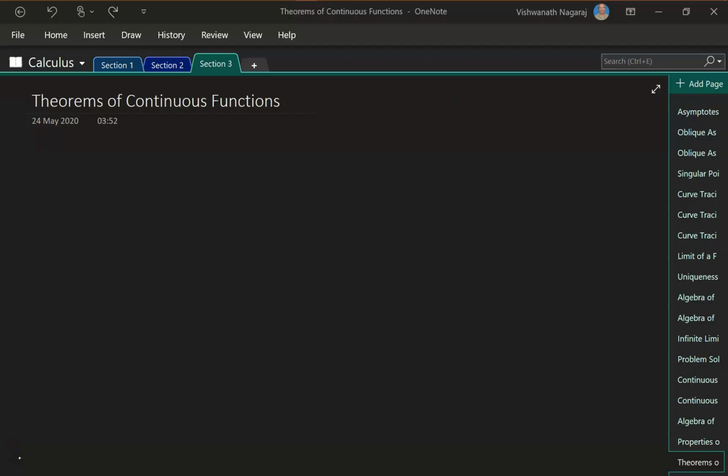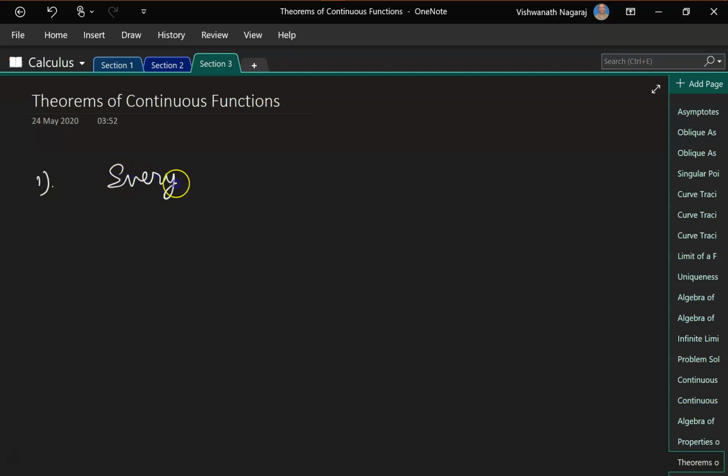Now that we have understood the concept of bounds, right? Bounded below, bounded above, bounded both above and below, and then we have also seen least upper bound and greatest lower bound. Let's look at some theorems. Okay,